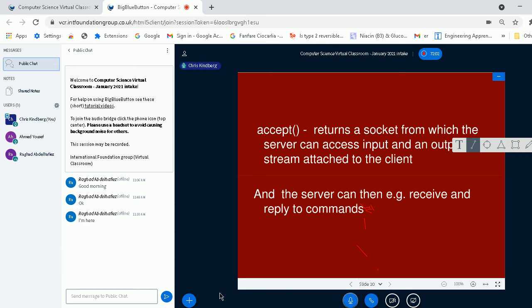Any comments? Let me just pause there for a while. Ahmed, I'm sorry, that must be pretty hard for you, but I'm giving you the bare bones of something that is certainly at A-level standard, I think. So hopefully we can absorb some of the principles, some of the ideas, as part of the process of being able to perhaps program in Java using TCP.